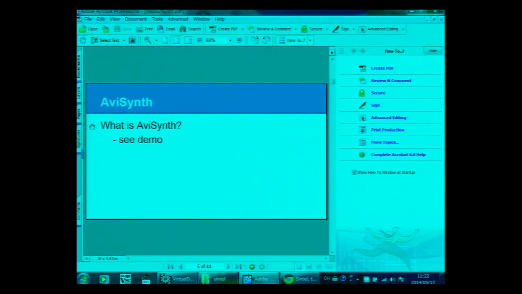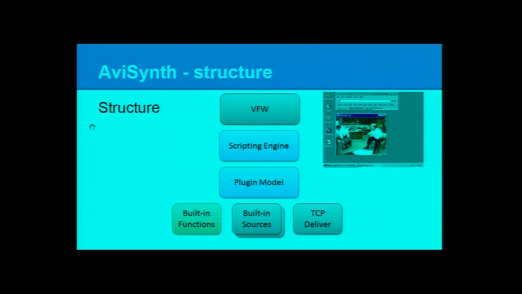Okay, so back to slides. So what happened? Yes, Microsoft Windows has an API named VFW. It stands for Video for Windows. So we usually read AVI files and write AVI files by using this VFW API.